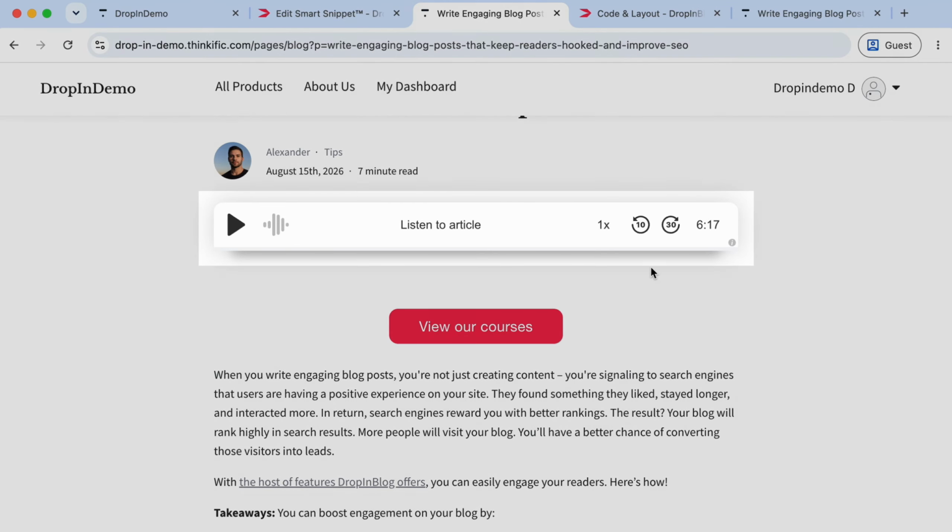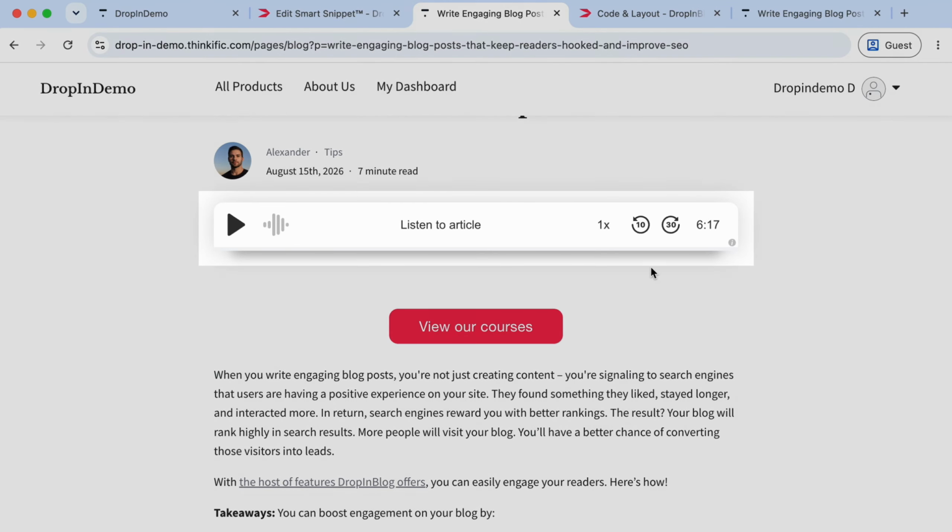If you're managing your blog as part of a team, you can invite your team members to your Dropinblog account. Go to the Users page and click on Invite User. After entering your team member's email address, you can assign them a role based on the level of access they need. The available roles include Writer, Editor, and Admin. You can also choose Custom if you'd like more control over their access permissions.